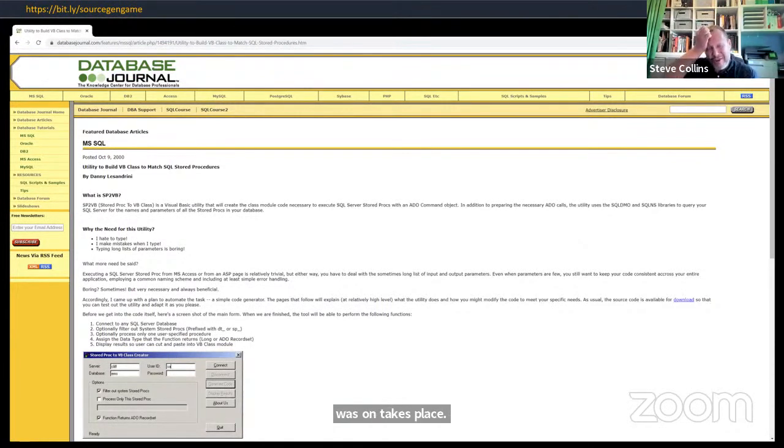And I think the company I worked for, we wrote our own, but obviously that was proprietary. I haven't got access to that, and that's 20 odd years ago that was written. What it could do is read the metadata from your SQL server in the sys tables, sys columns, sys procs, and so on, and go and create the stored procedures for writing CRUD functions, and then also give you the VB code that would go and call those stored procedures, and then go and turn them into objects.